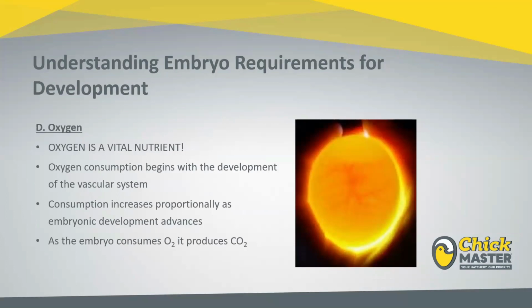So oxygen is a vital nutrient. The embryo requires this nutrient in order to develop correctly. Oxygen consumption begins with the development of the vascular system, which is very early in the incubation process. Consumption increases proportionally as the embryo development advances. And then as the embryo consumes oxygen, it produces CO2,